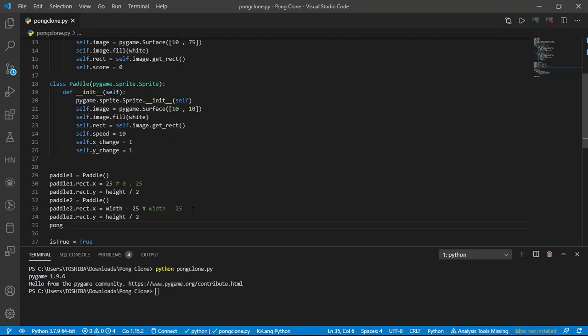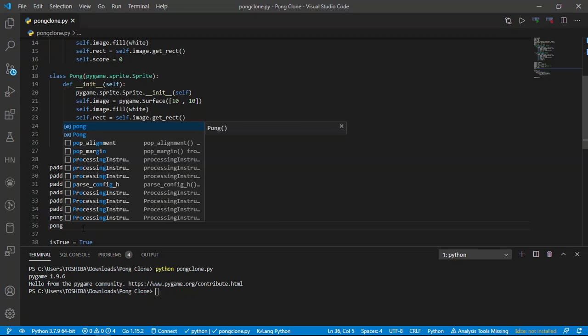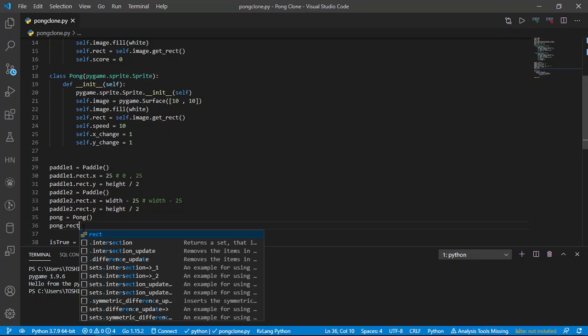So after creating these two instances of the actual class, we have to create the Pong object. It's going to be Pong, not the paddle class; we are making Pong. Here Pong is going to be called using the Pong class. We are creating the actual instance, so Pong dot rect, Pong dot rect dot x,